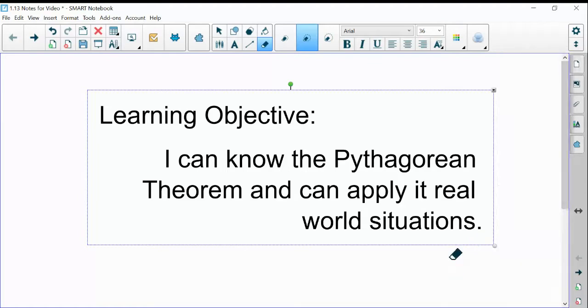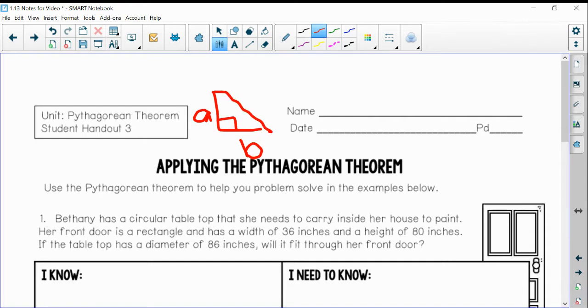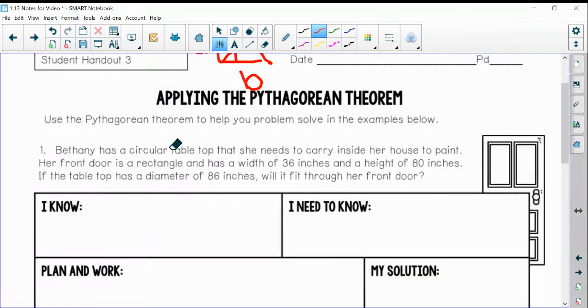All right, so today our objective is the Pythagorean theorem and how to apply it in real-world situations. So we know that our Pythagorean theorem states a squared plus b squared equals c squared, where a and b are those two legs that form your right angle. So these are our legs, a and b, and c is the longest side directly across from our right angle. So the two legs squared and added together are going to equal